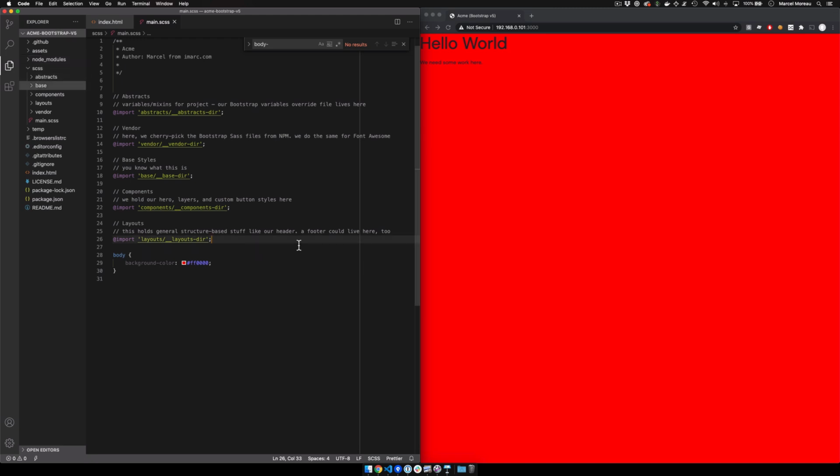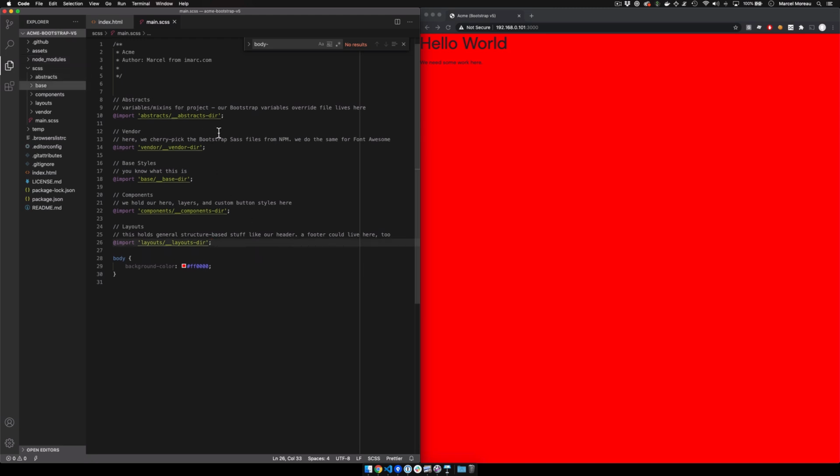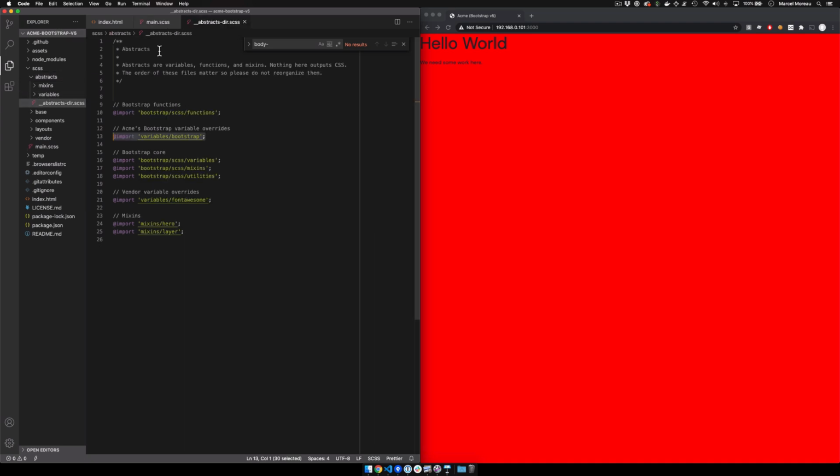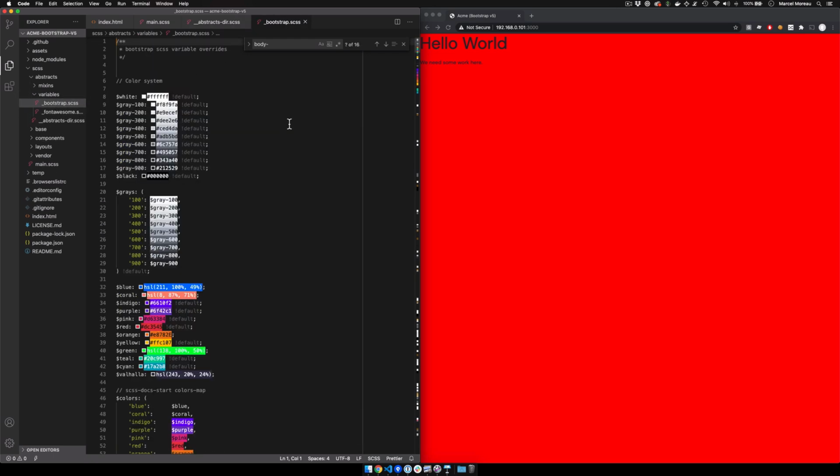If you'll remember, we're including our own Bootstrap variables override file. We have that in our abstracts directory. If I open that, we can see we are including that here with a comment on line 13. We're importing it there. So if I go to that file, I'll pretend I'm pasting it in, but I've already done that. You now have all the variables available at the ready, which I find is easier than going back and forth. Let's change those same variables at the beginning of this tutorial, along with one more for link color,